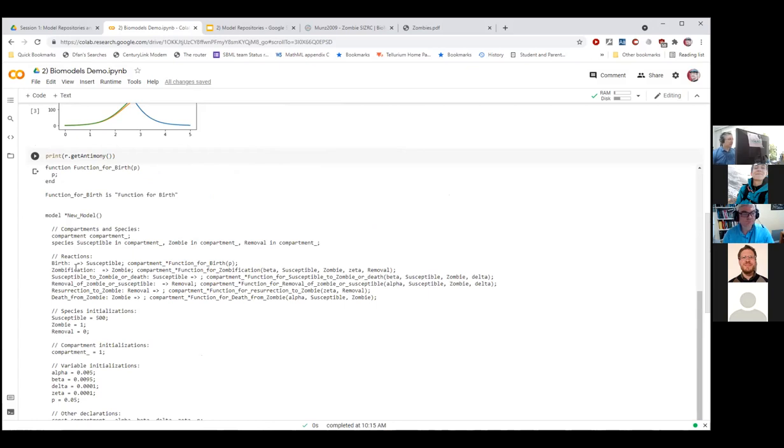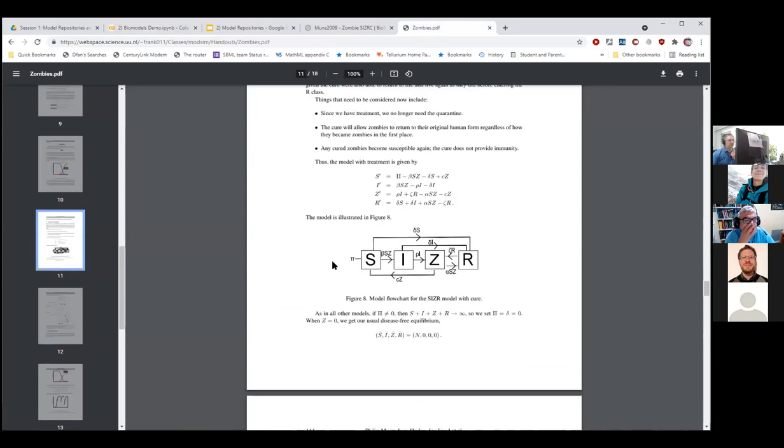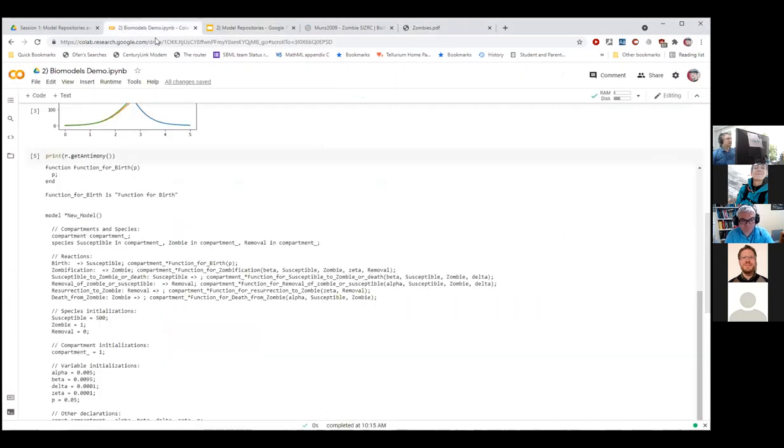So we have birth, the creation of susceptible people, and zombification. This actually looks interesting. Zombification is a reaction that creates zombies out of nothing. And that's not how the paper works, right? Our model is supposed to have latent infection and a cure. Zombies aren't created out of nothing, they're created out of infected people. That's the inner rate. So if we go back to the demo,